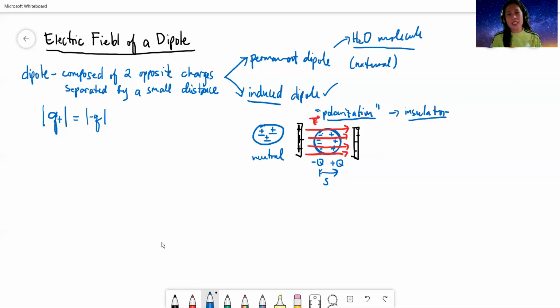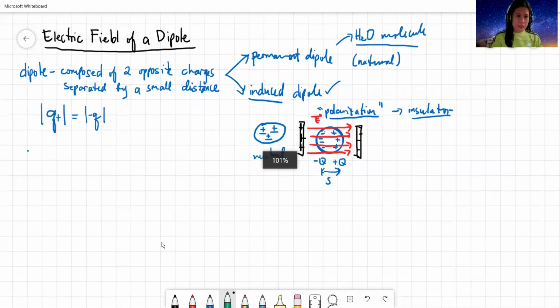Meaning there's an infinite number of points around a charge, so there's also infinite values of electric field. So itong sa atin, we will only focus on how to calculate the electric field